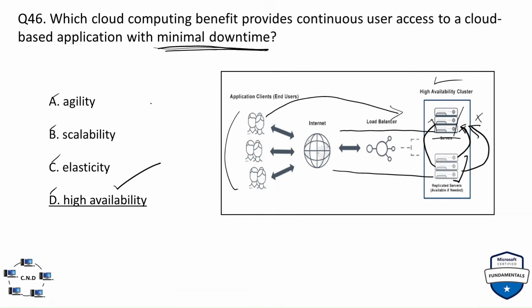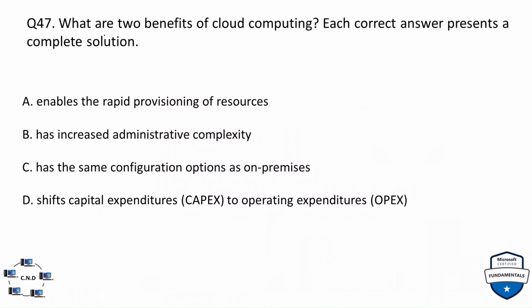Question number 47 is what are the two benefits of cloud computing? Each correct answer presents a complete solution. The options are option A, enable the rapid provisioning of resources. Option B, has increased administrative complexity. Option C, has the same configuration options as on-premises. And option D, shifts capital expenditure CapEx to operating expenditure OpEx. And the correct options are